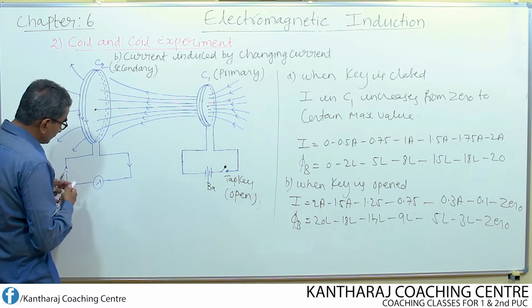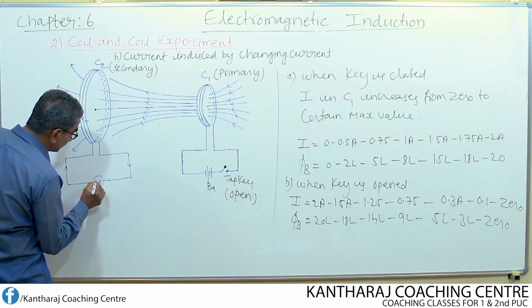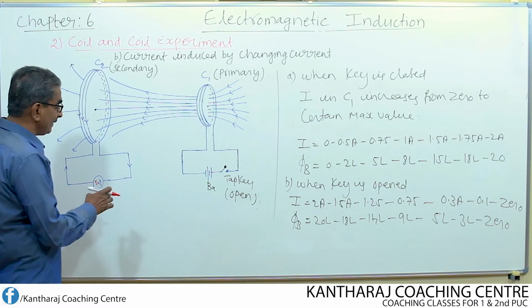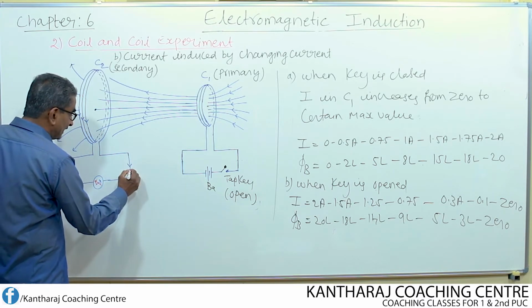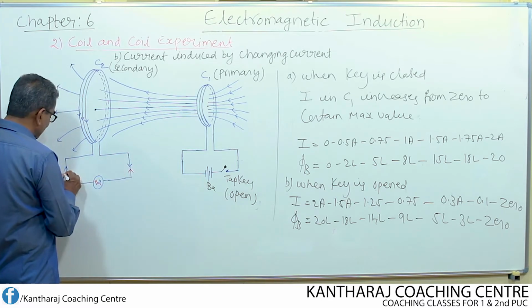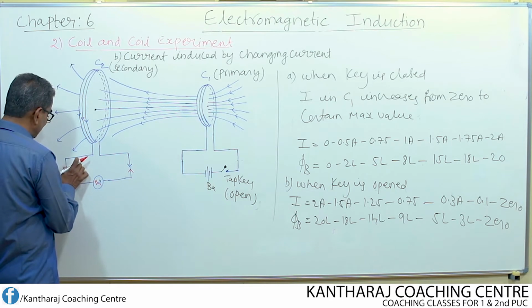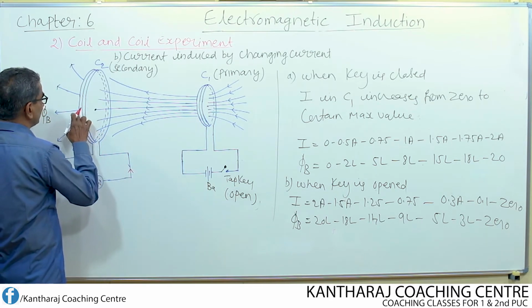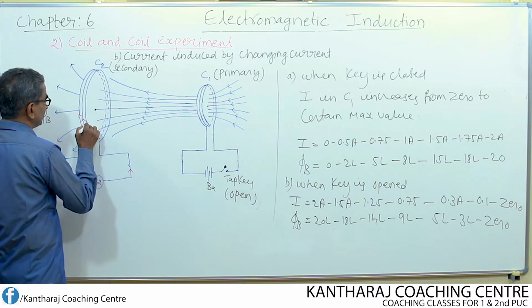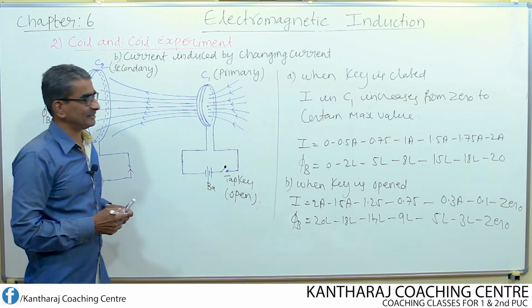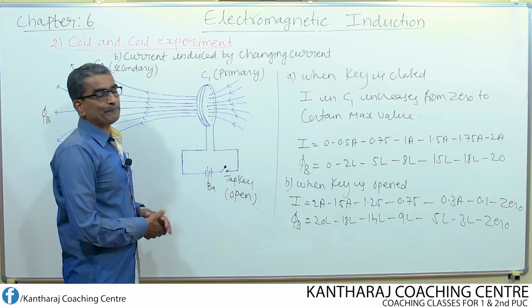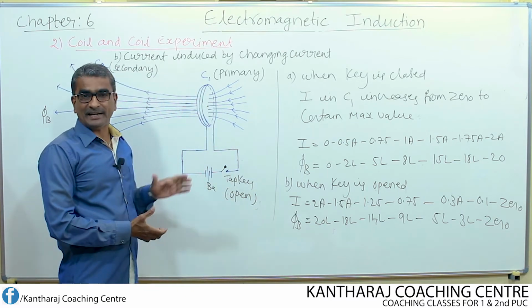Now as a result of this, once again the galvanometer shows a momentary deflection in which direction? Opposite direction, so the entire thing gets reversed. The direction of the induced current gets reversed, and it is in accordance with Lenz's law. So this may be the direction of the induced current. So this is how we can demonstrate electromagnetic induction.